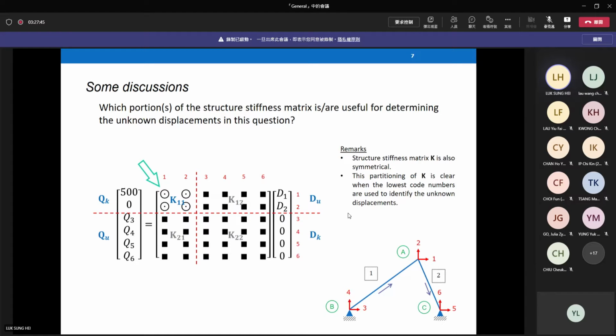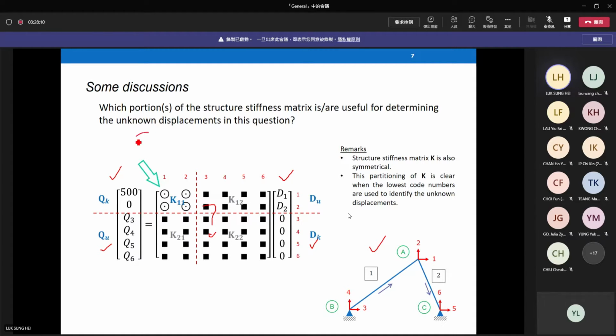In step 1, after defining our member orientation and our code numbers, we have no idea about what happened in the middle. At the beginning, we know QK, we know DU, we know DK, we know the arrangement of QU, right? So at step 1, you can set up the preliminary equation of the force displacement relationship,